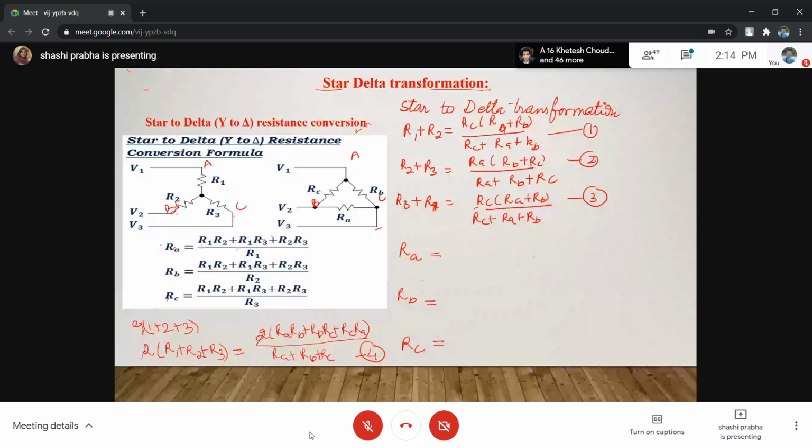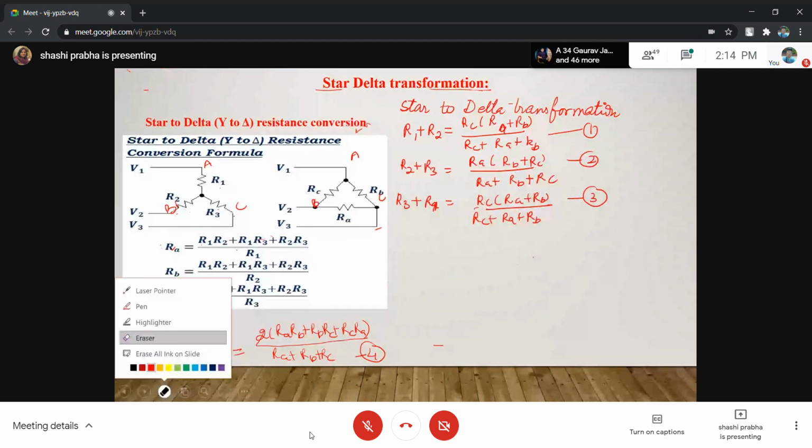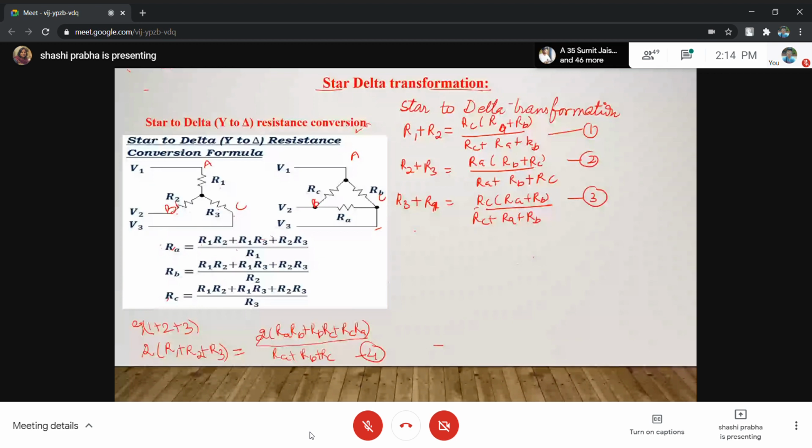Okay, now you need RA. मुझे क्या चाहिए? RA चाहिए. चलो हम देखते हैं हमें क्या मिलता है. Because this is not necessary कि हमको RA मिलेगा, RB मिलेगा. Whatever is possible, we will find first. If you take equation 4 minus 1, ठीक है? मैं करती हूँ पहले 4 minus 1.